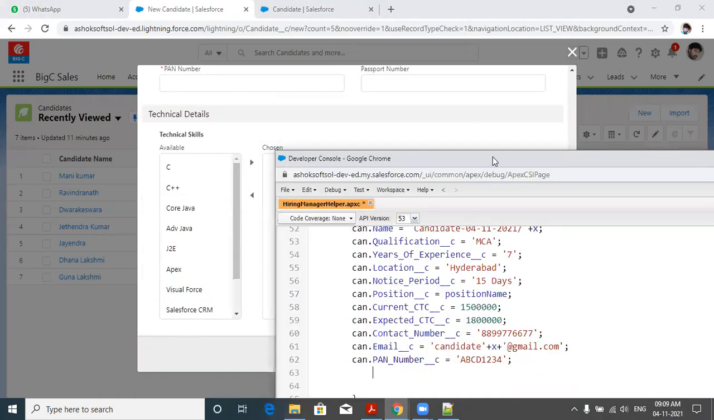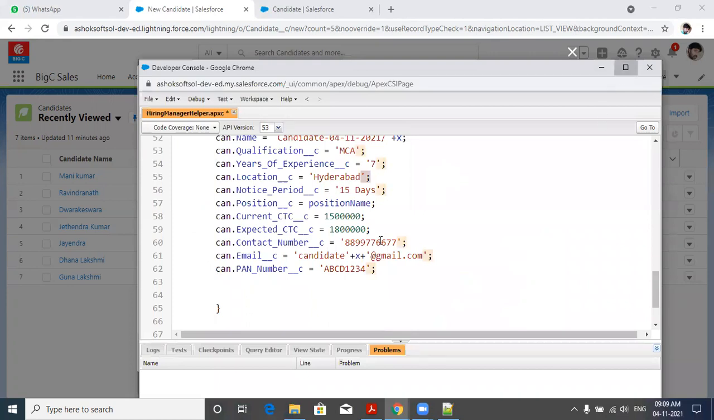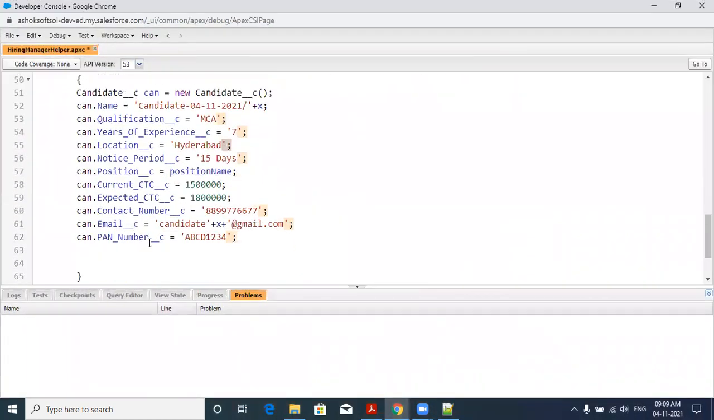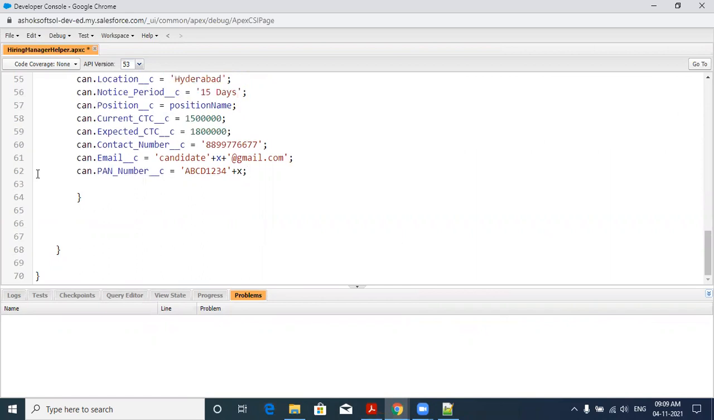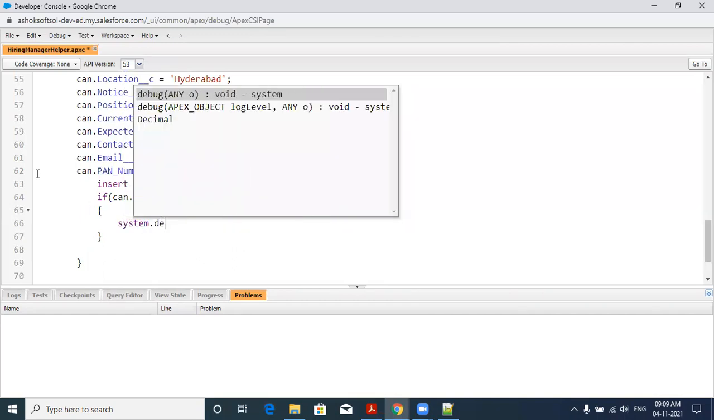So how many records are we creating? Look here, how many records? 2 records we are creating. Insert plus x also. Okay, x also. So here we want to insert: insert CAN; semicolon. Here I am checking if CAN dot ID not equal to null, then system dot debug